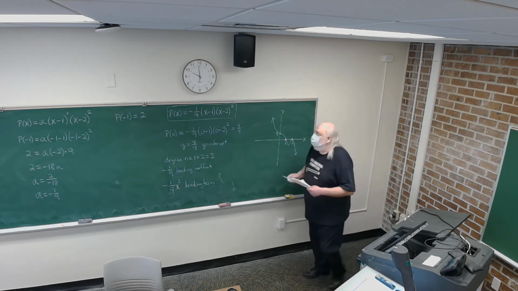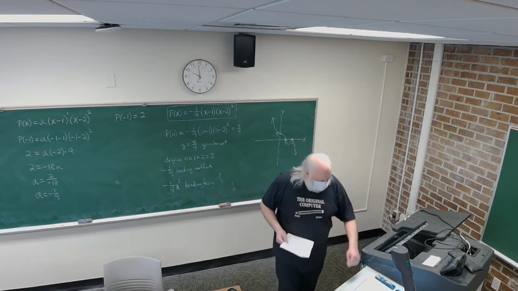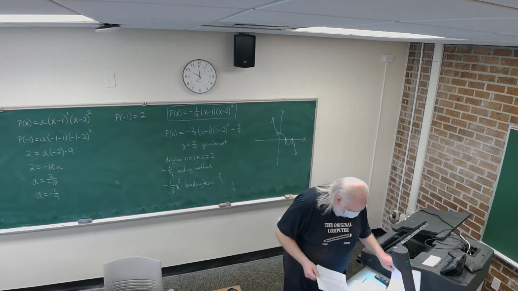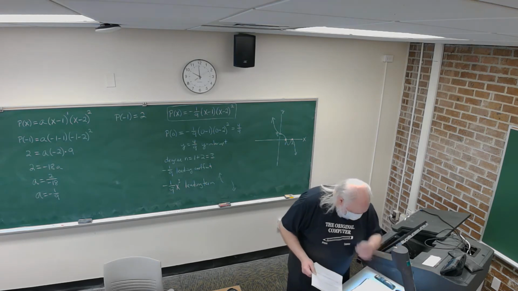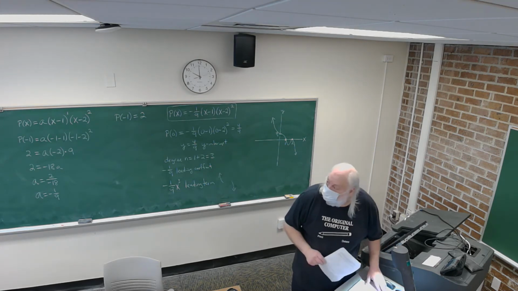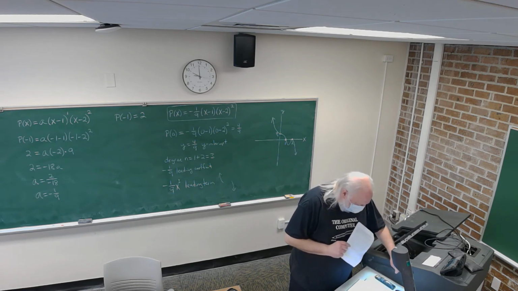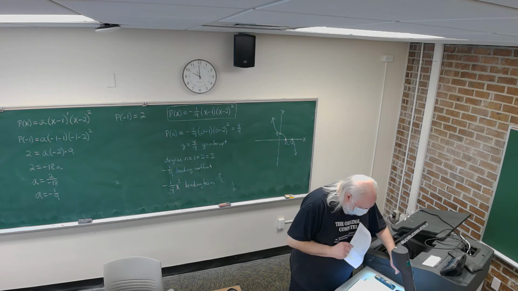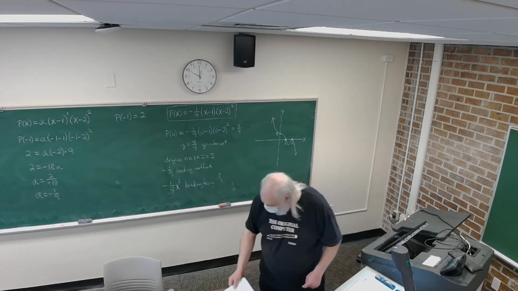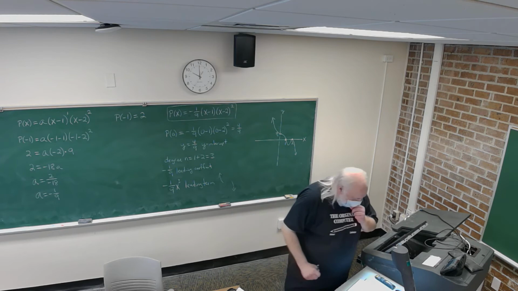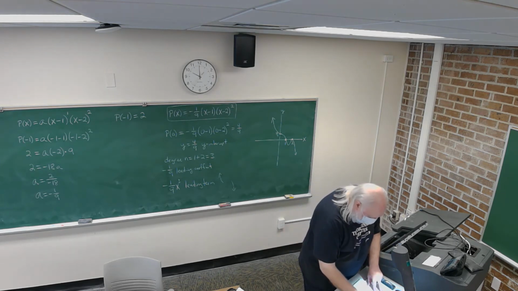All right, one more example. Sketch a graph of the polynomial p of x that has a zero of multiplicity 1 at x equals 1, a zero of multiplicity 2 at x equals minus 1, a zero of multiplicity 3 at x equals minus 3, and satisfies the following conditions. Okay. So p of x is the name of the polynomial function, and so